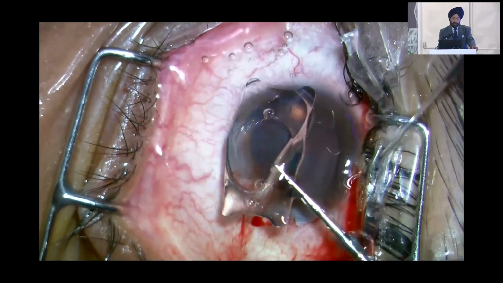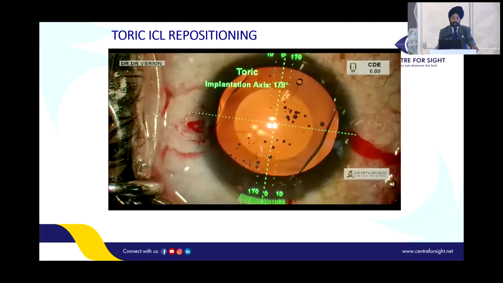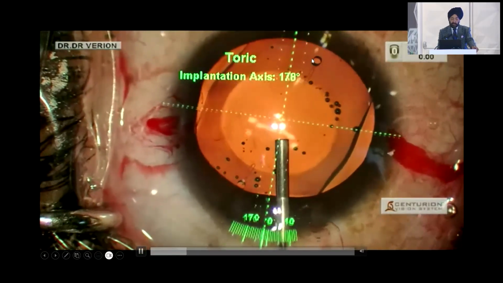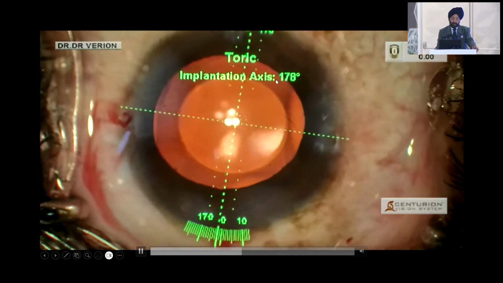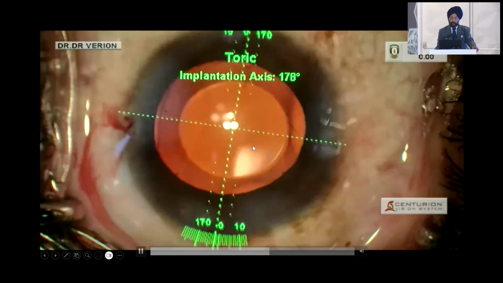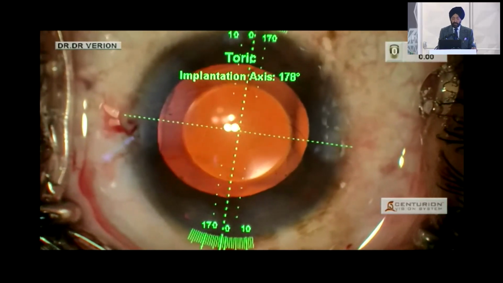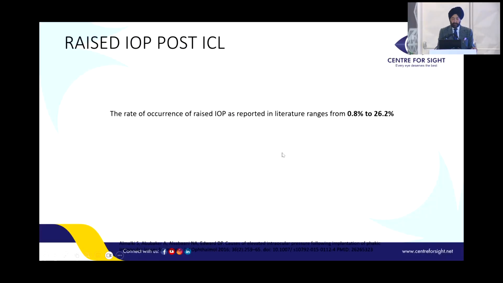This patient is phakic. I will do a partial reduction of his power by doing a LASIK on top of it. Early post-op period, you can see that this is where on the Varion, this is the ICL where it is, and this is where it should be. So you can go back and actually redial. You don't have to put viscoelastic below. You can actually have two cannulas, and you can go ahead and redial.